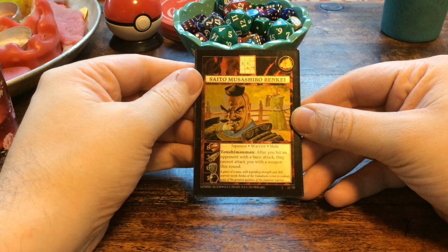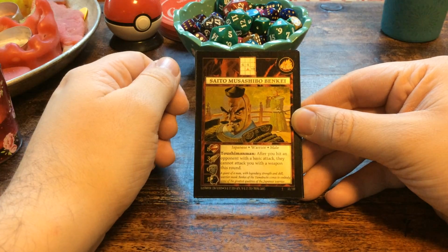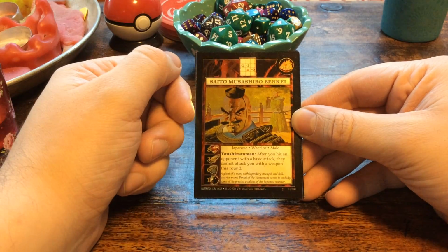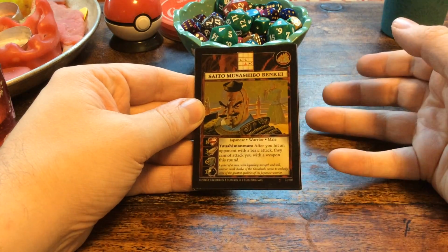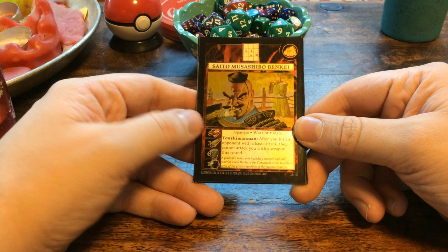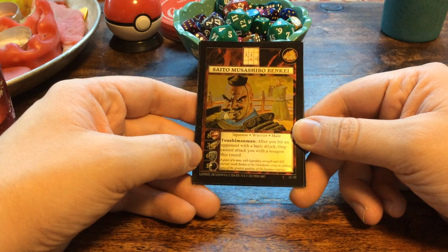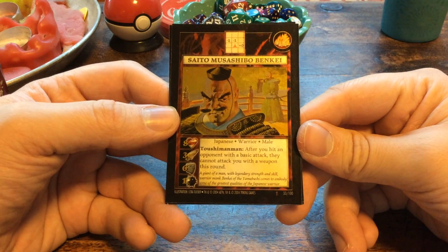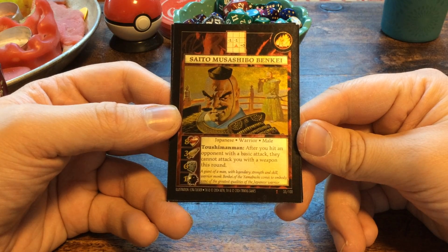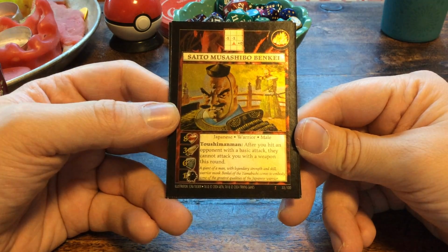Okay, so looking at his grid, the one in front of him gives you a -1, next to that a -1, and on the right side of him a +0, and he is a fire warrior. So, Japanese warrior male, obviously, 8 health, 3 speed, 6 experience, that's nice, and 1 strength. So, his ability, Toshimanman. After you hit an opponent with a basic attack, they cannot attack you with a weapon